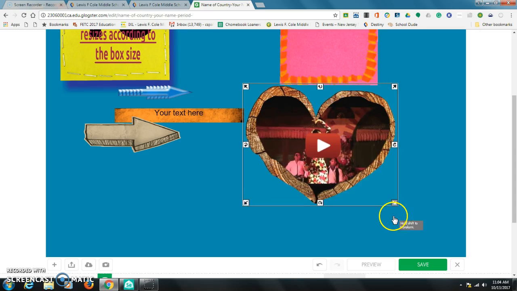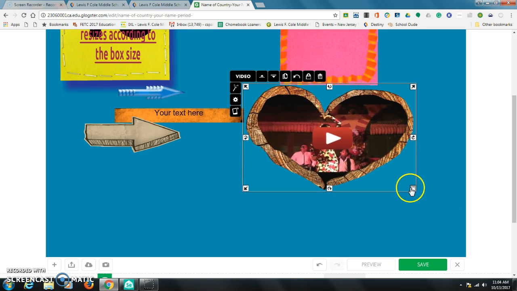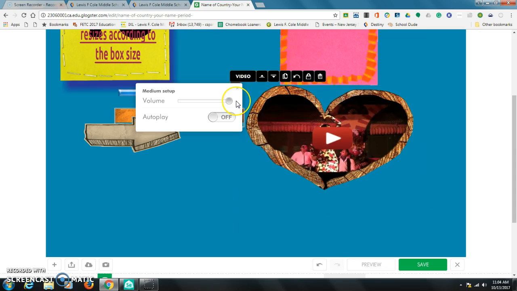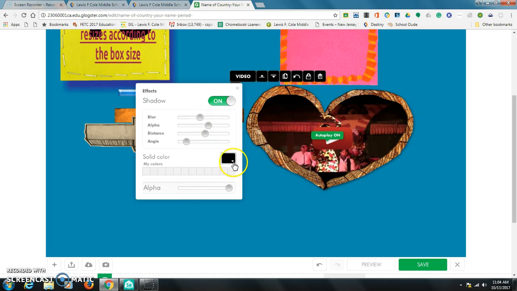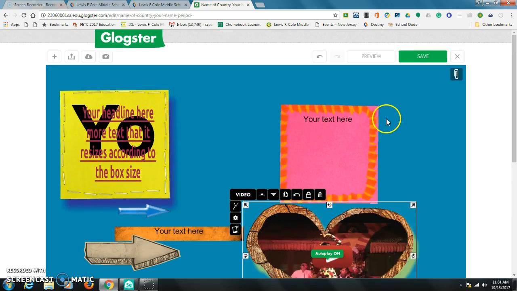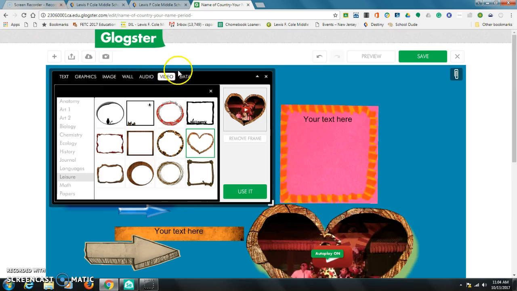I can resize it. If I hold shift down, I can kind of stretch it around. If I click here, I can have it autoplay so that when my Glog loads, that video will automatically pop up and play. And I can adjust the volume here. If I click this, I can add a shadow and do all of those great things like I did in some of the other objects that I had on here. So you'll see there's my shadow. And that's pretty much it. I mean, there are ways that you can go in and